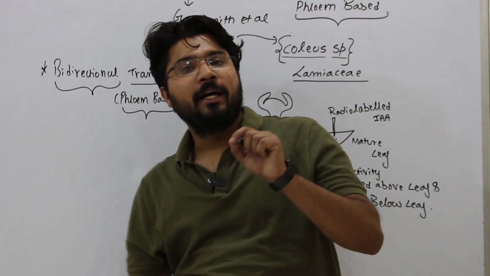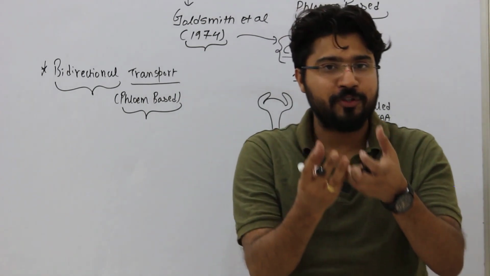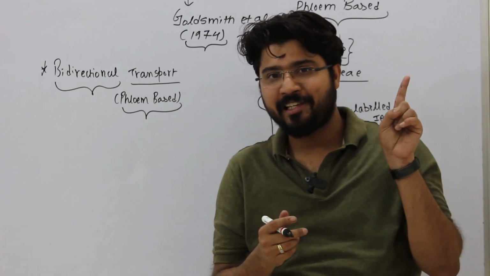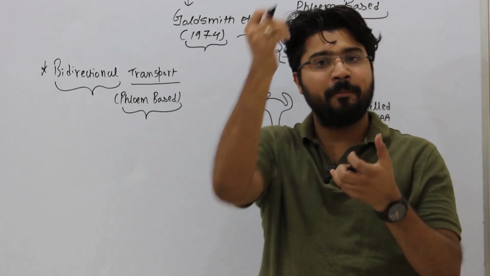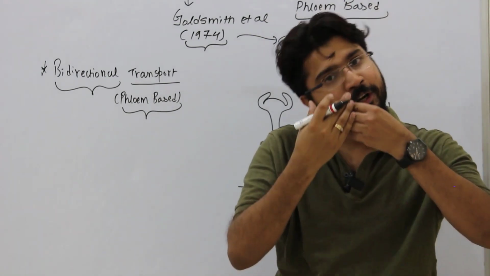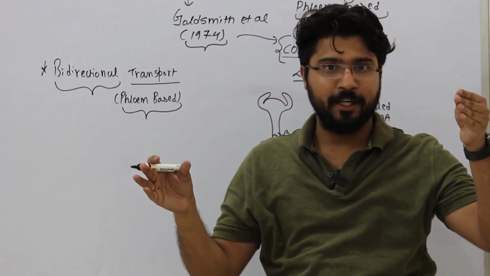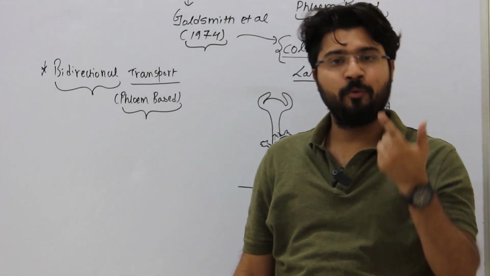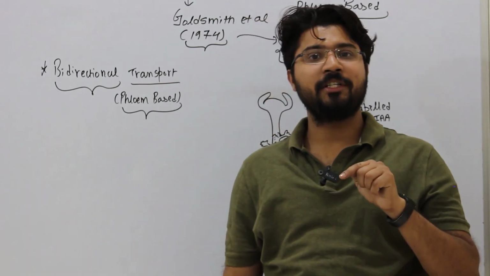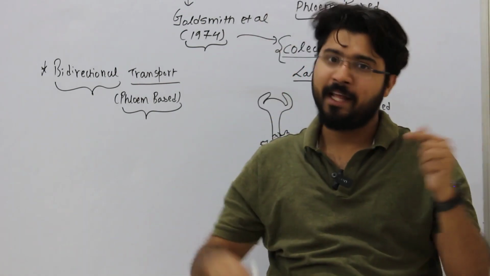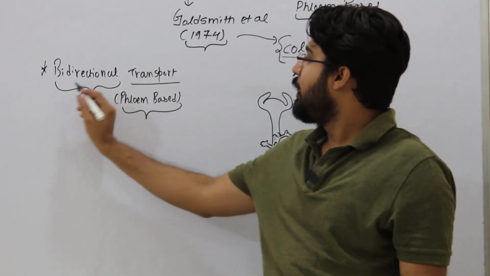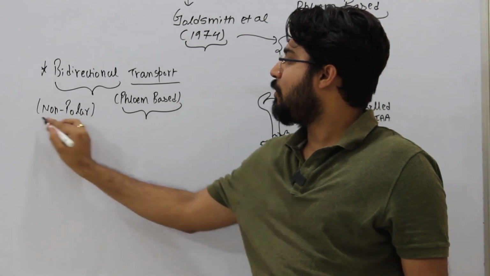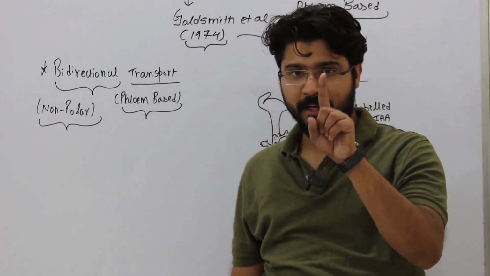I hope you understand. In the mature leaf, food is prepared, and the photosynthate is distributed from one leaf to other plant parts via phloem. Xylem is for water and minerals. But assume that when the mature leaf was injected with auxin, it was distributed to all plant parts from that particular leaf. What does it indicate? Even in a natural system, when mature leaves prepare food, along with food there is also synthesis of hormone. That auxin got distributed to above parts and below parts, and that is always based on the phloem. And therefore, this is bidirectional transport. And since it is bidirectional, this must be called the non-polar transport. I hope everybody agrees to that.